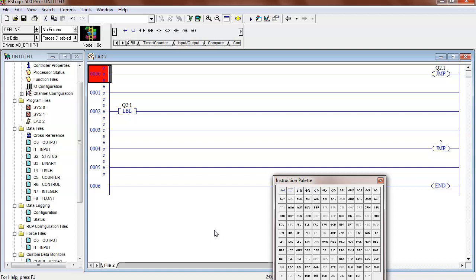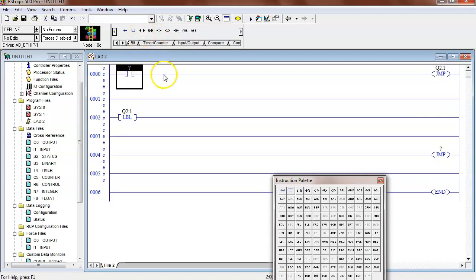That would be like me saying everybody go to, and then I stop. And what was the first thing you'd say? Where? And that's what the label says. The label is telling us what? Where, right? The jump can be conditional, so I can come up here, I can put compare instructions, so the jump itself can be